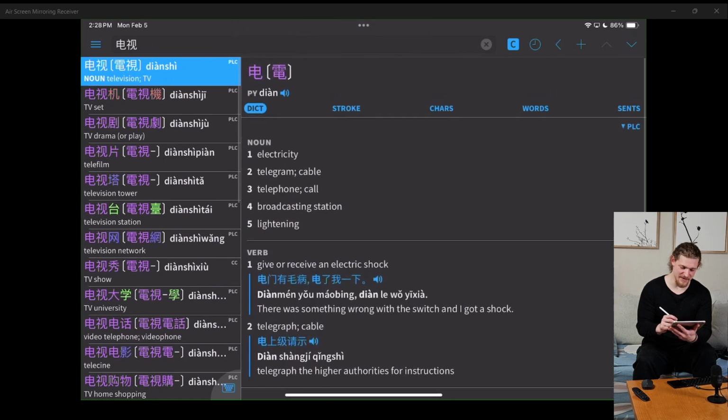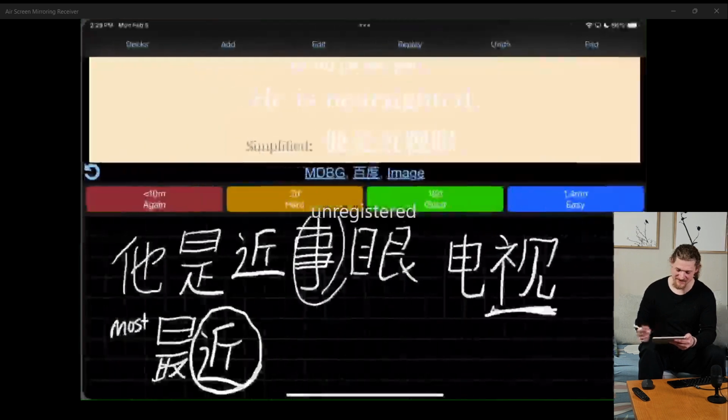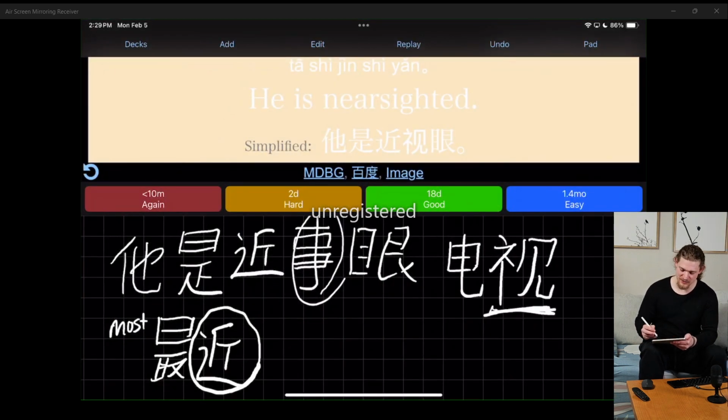For 电视, it is an electronic for looking at, or quite literally, a television. That's really cool the way that works. Okay, so 视 means to look at. So 近 means close, and 视 means to look at,